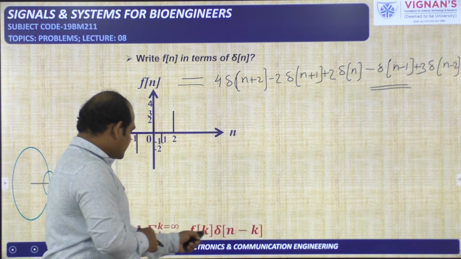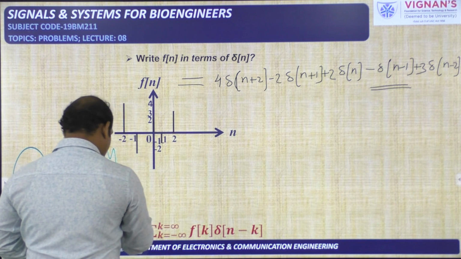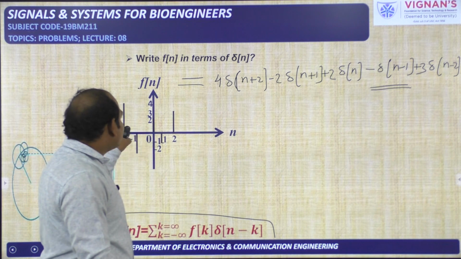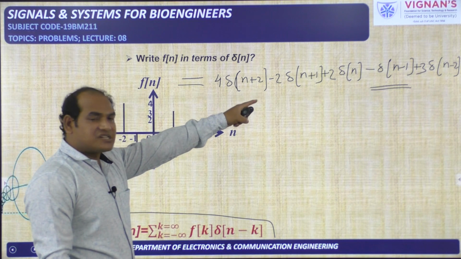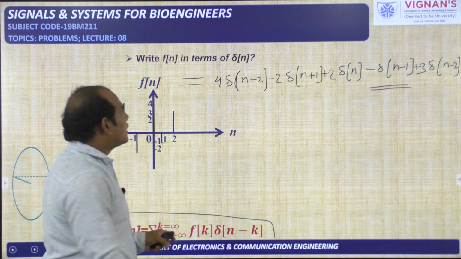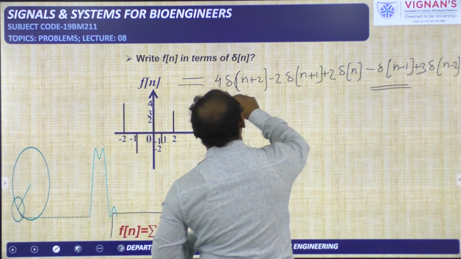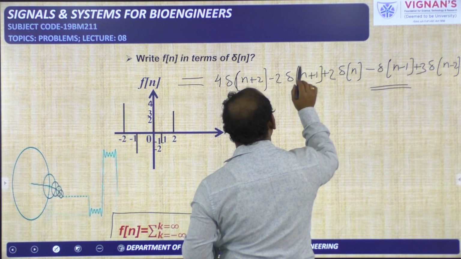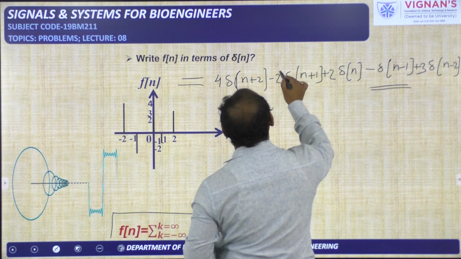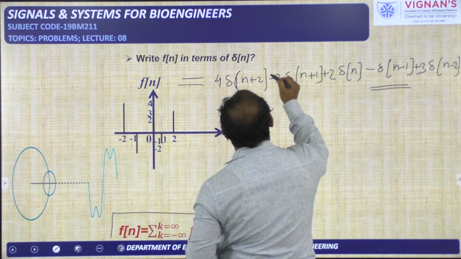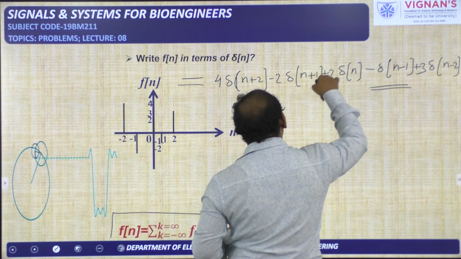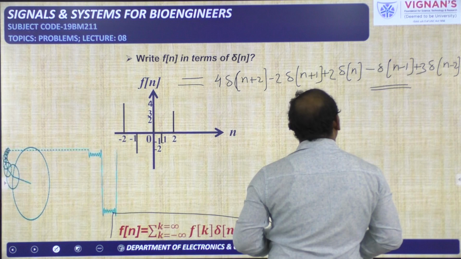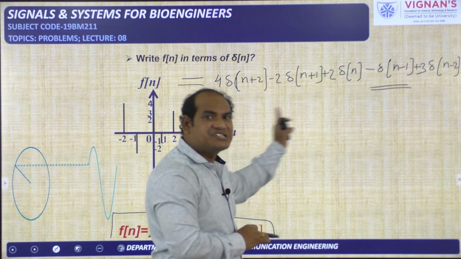Now, next thing, you see this equation. This equation is very, very important in the convolution topic also. Just now I told that every sample can be represented as a modified version of the impulse signal. Okay. Now, this is an addition. You see here, this is one sample available. This is the impulse signal available at n is equal to minus 1 with amplitude minus 2. So we can write plus minus 2 into del of n plus 1. It is plus minus of del of n minus 1. Like that we are able to take. So it is an addition of these.